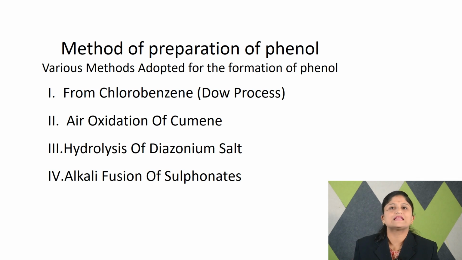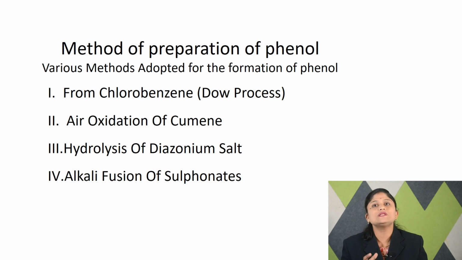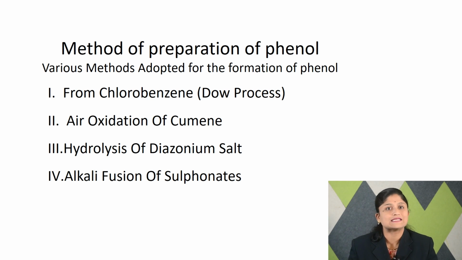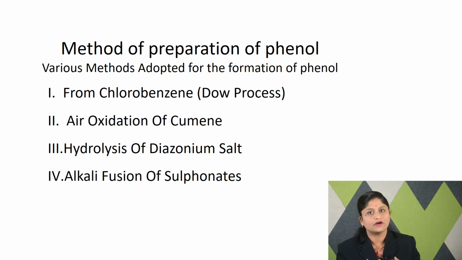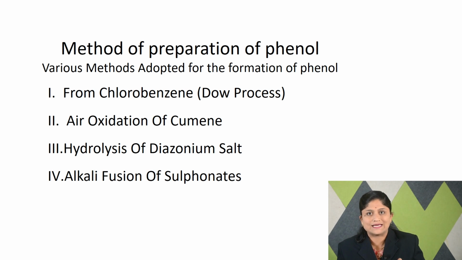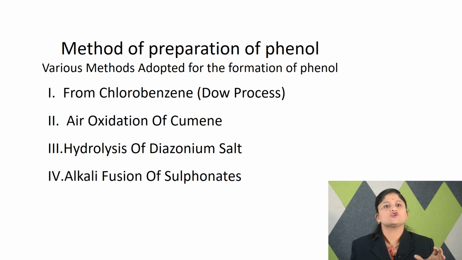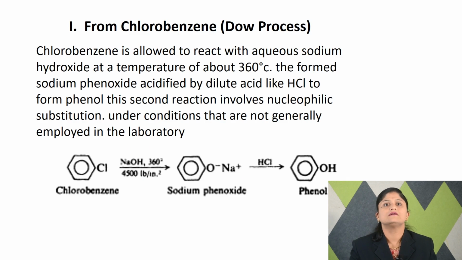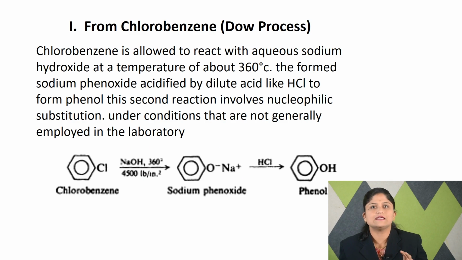Now, some of the methods of preparation of phenol. How are these phenol compounds synthesized on a laboratory scale? For that, various methods are adopted for the formation of phenol compounds. From the starting material chlorobenzene, then from the air oxidation of the cumene nucleus, then the third method is from the hydrolysis of the diazonium salt, and for this, alkali fusion of sulfonate. So the first method, from chlorobenzene, is basically known as the Dow